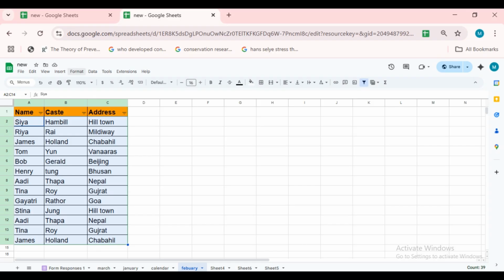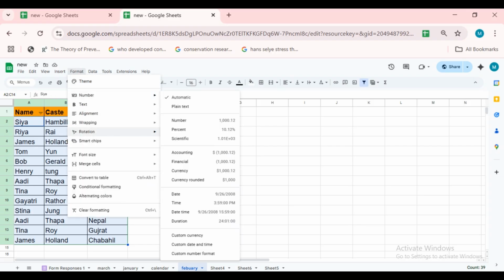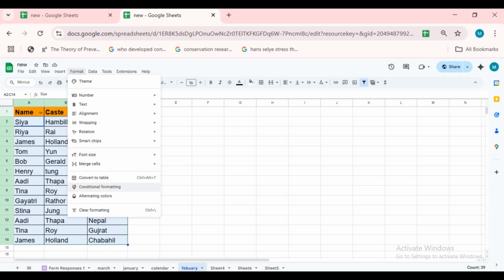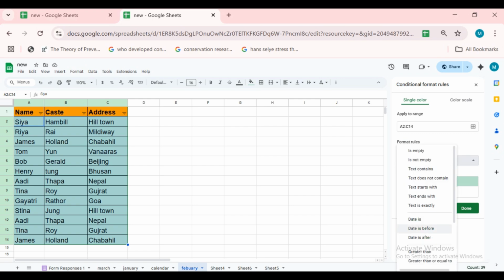Now go to the toolbar and click on Format. Then choose Conditional Formatting. This will open the formatting option on the right. Under Format cells if, select Custom Formula is. Now enter this formula, that is equals to